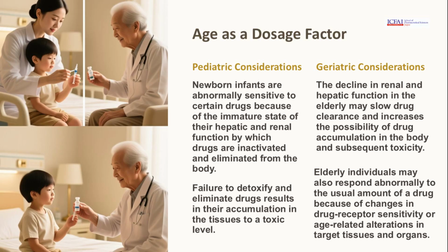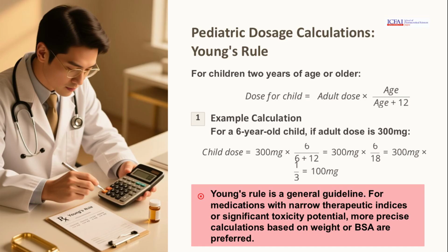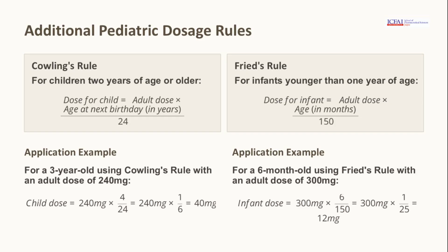Age significantly affects drug dosing. Pediatric and geriatric considerations are crucial due to differences in drug metabolism and elimination, impacting drug accumulation and toxicity. Young's rule provides a guideline for pediatric dosage calculations, adjusting adult doses based on age. However, precise calculations based on weight or BSA are preferred for accuracy. Additional pediatric dosage rules like Cowling's and Fried's rules offer methods for calculating doses for children, emphasizing the need for